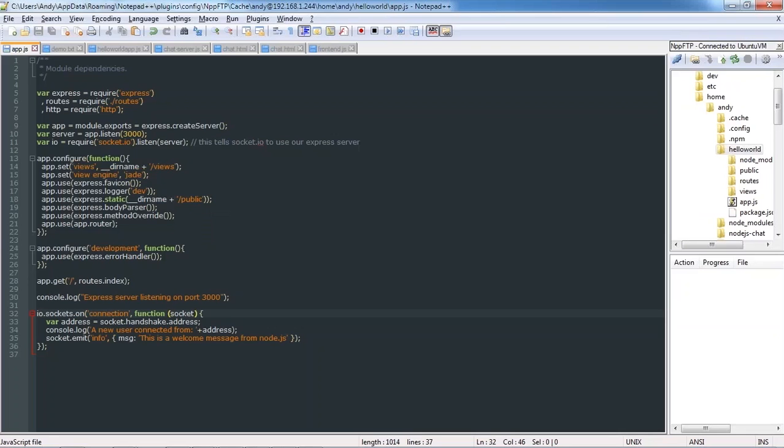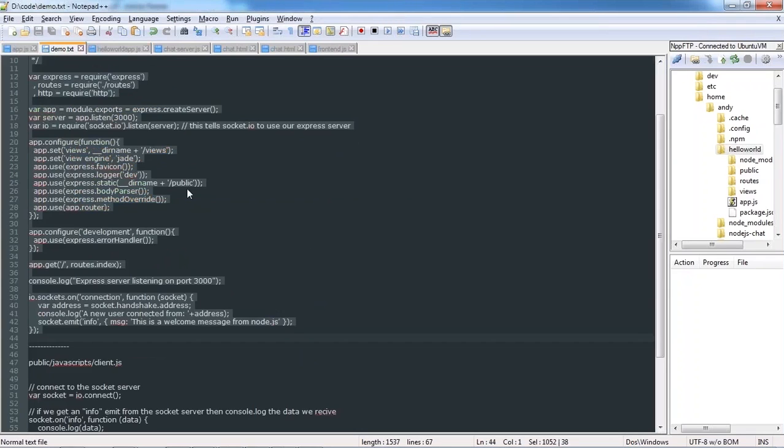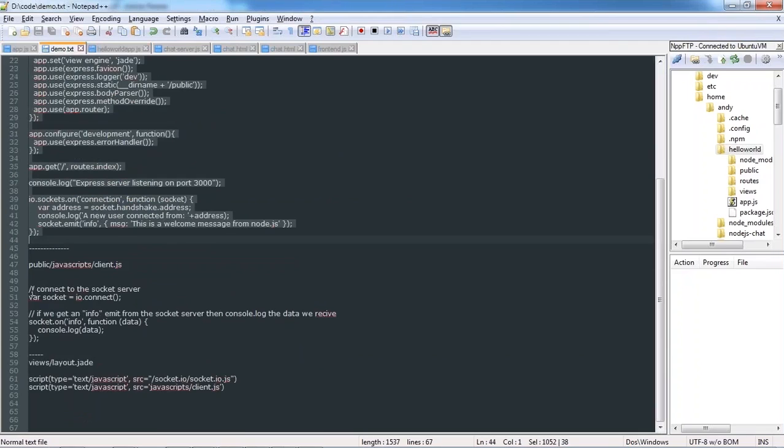Before we do that, I'm just going to finish out the example we started on. So we defined a simple route. Over here, as you can see, once a socket is connected, I take the handshake address, and I simply say this is a welcome message from Node.js. What I'm going to do next is